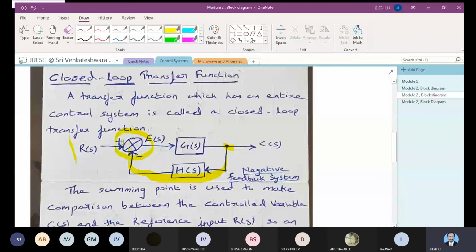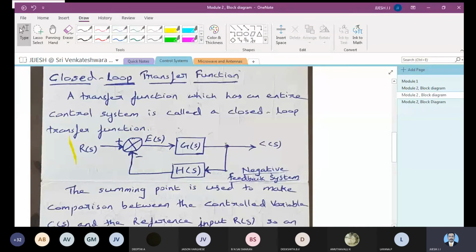What is this? So this is the summer. What is this? The takeoff point. So you can see that there is a feedback mechanism here. As you have a feedback mechanism involved in it, you can try to understand that there will